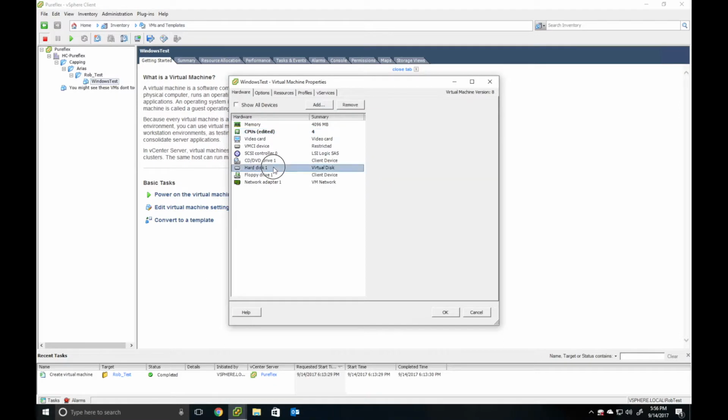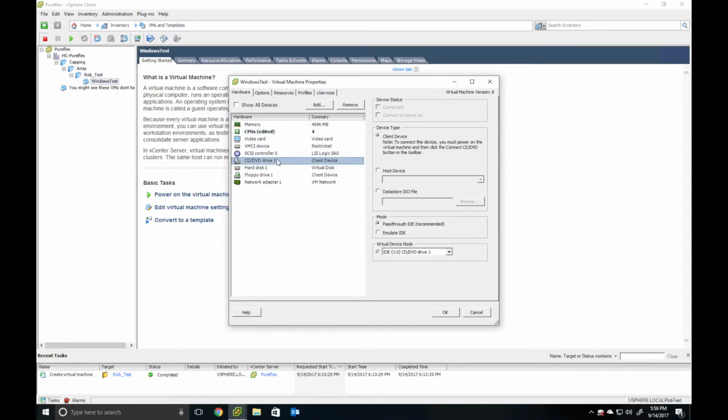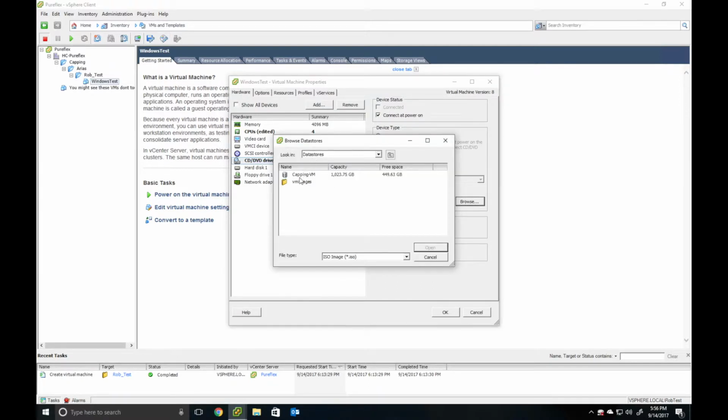We're going to hit the CD drive. We're going to want to find the ISO. So we're going to hit there. Before we hit browse, we want to make sure we have connect on power on selected. So now we'll hit browse, we'll find our ISO. We're going to go to capping, ISO,